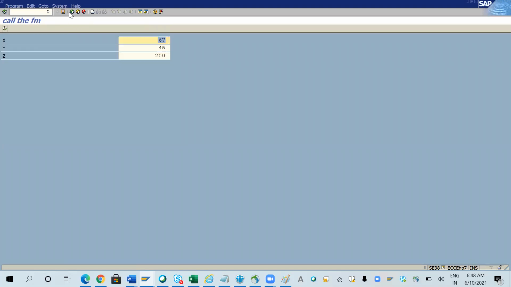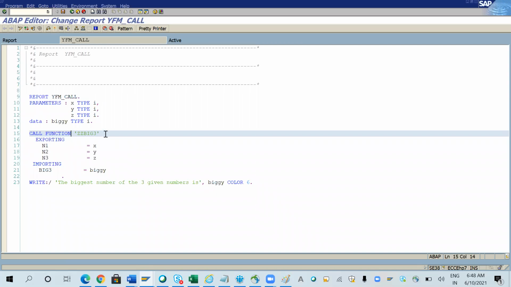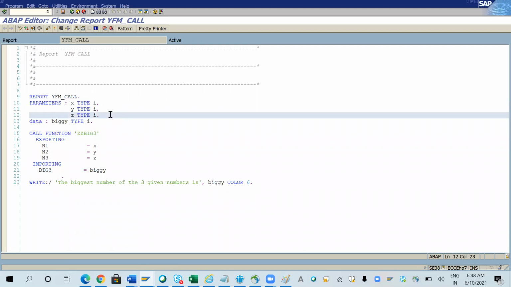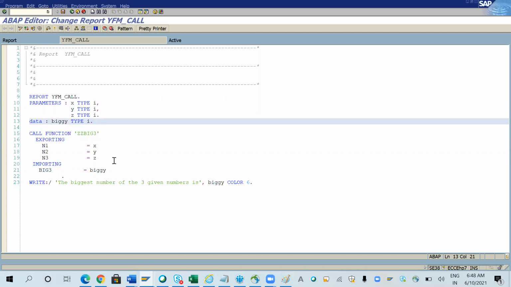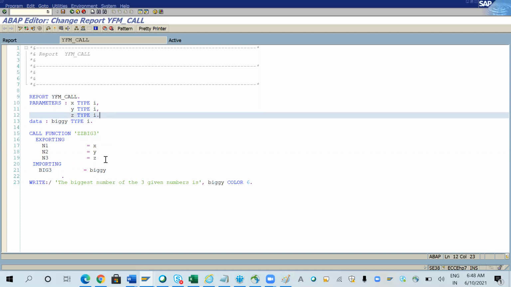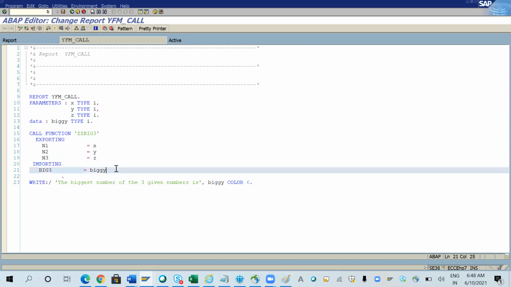Now, what is the difference between include programs and function modules? Both of them come under the modularization concept. When we use an include program, we are not doing any other separate declarations. Whatever declarations we have in the include program, we can directly use them. But in the case of a function module, it is not like that. We have to define our own parameters, and we have to pass those parameters to the